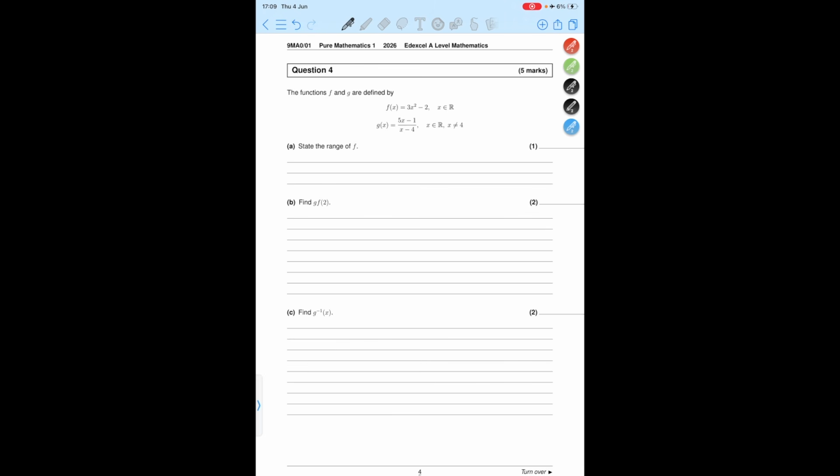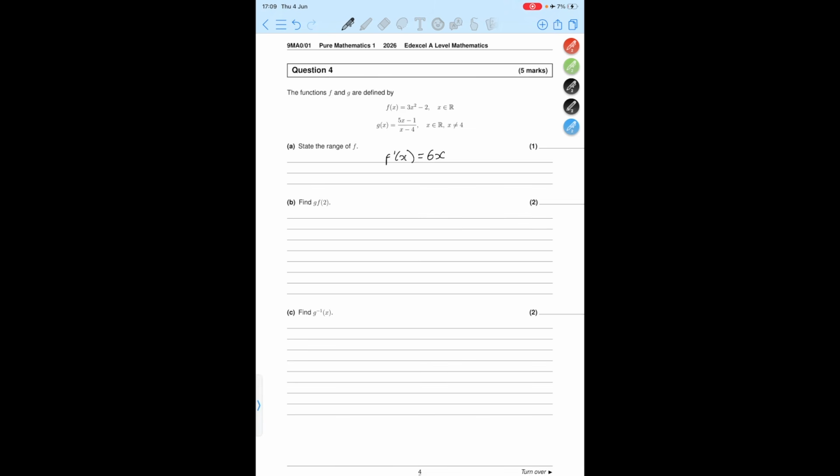So state the range of f. Okay, well we can say that f is, so we've got 3x squared minus 2. Let's think about, we can either think about this graphically, or I'll explain it another way as well. If you think about it graphically, is it going to be a quadratic? And the lowest point of this quadratic is going to be when x is equal to 0. Because you can either think about it, if we differentiate it, for example, this is just to explain it,